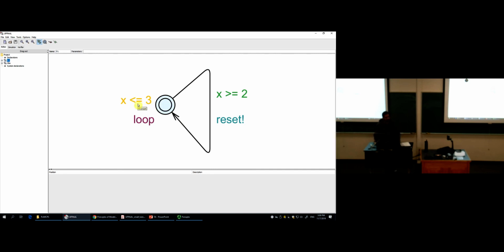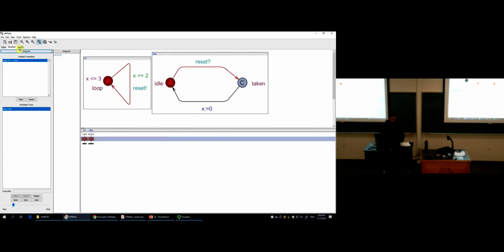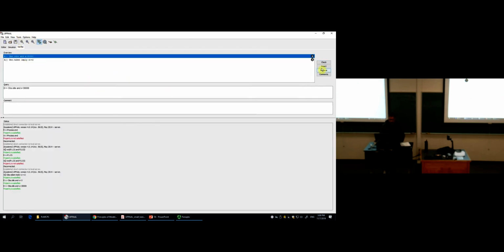What this tells Uppaal is, yes, you can be non-deterministic as long as you don't violate the invariant. So when x is equal to 3, you have to go out of loop if this transition is enabled. It's forcing my hand. So if I go back now first to simulator, to update with the invariant, and then to verifier,